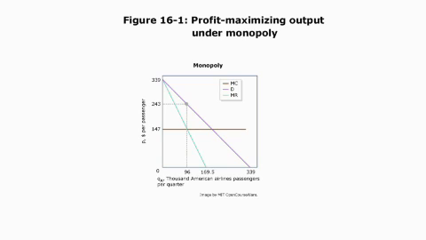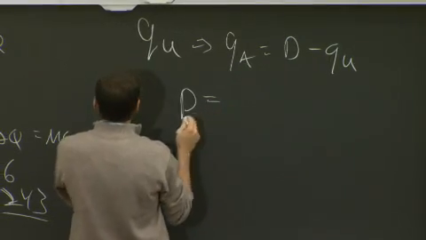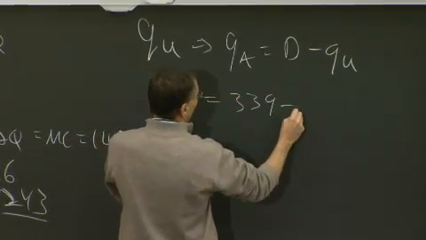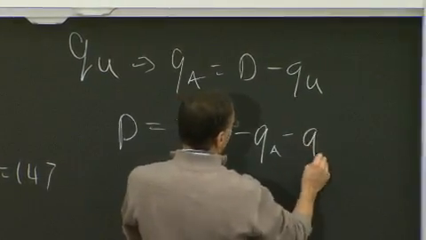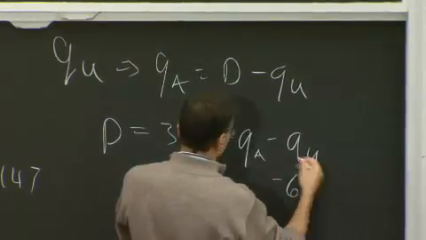Okay? So for example, let's say that American just guesses that United will fly 64,000 passengers. Let's say American says, look, I got some corporate spy who's told me that United will fly 64,000 passengers. So what you want to do is resolve the problem by using residual demand. If United is going to fly 64,000 passengers, then my residual demand is that price equals 339 minus the quantity I sell, Q sub A, minus Q sub U, which I think is 64,000, which is 64.